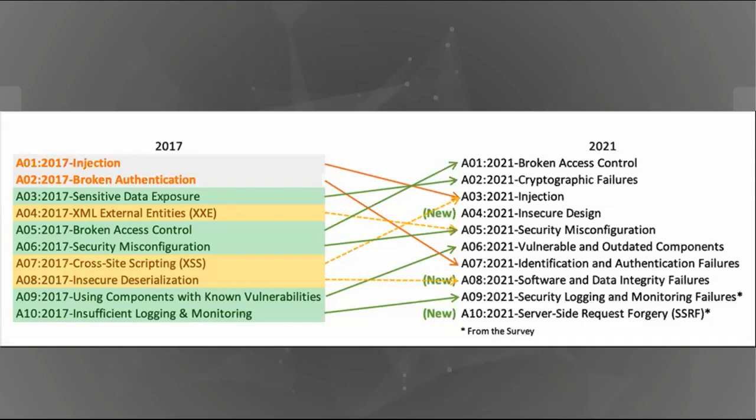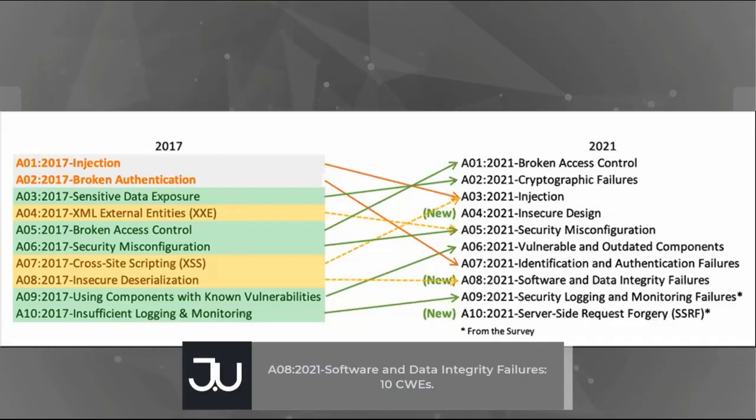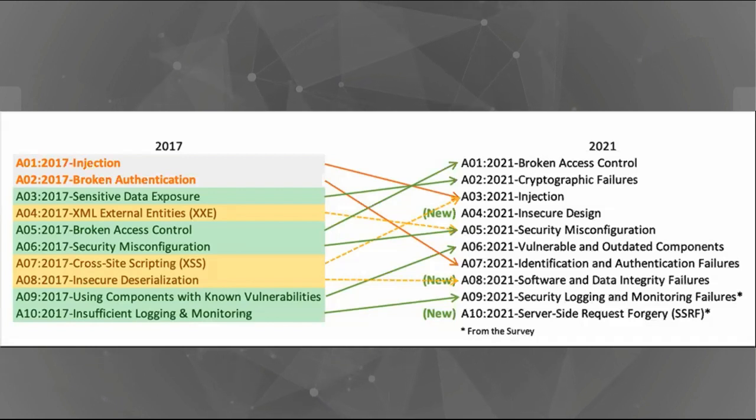Yeah. On the 8th is software and data integrity failures. So this is also a new category. So this is really key, especially when it comes to the CI/CD pipeline, without verifying the integrity of the images, source codes, and all of that. So I think this is key to comment, because now we have faster development, faster rollout, and all of that. So this is really good. So I'm happy about that.